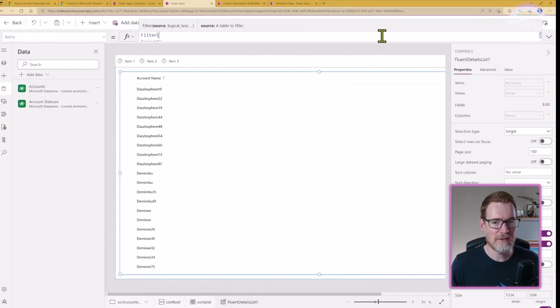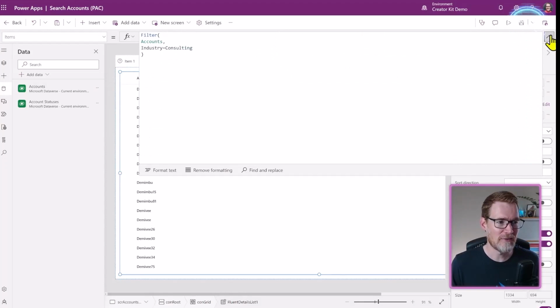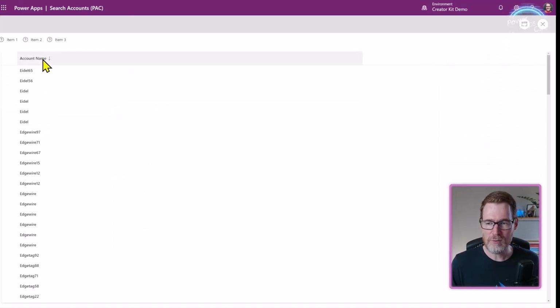Let's change the item. Well, actually, let's just leave those in there. Actually, let's leave that filter. We've now got the ability to sort by our various different records here. And we can start to add additional columns. And the great thing is that all the sorting is now handled internally inside this component.